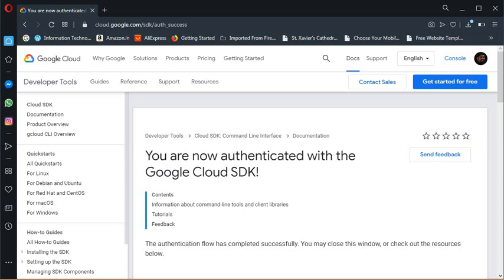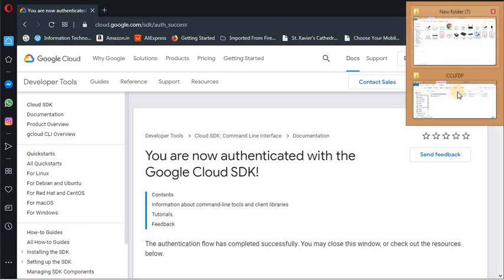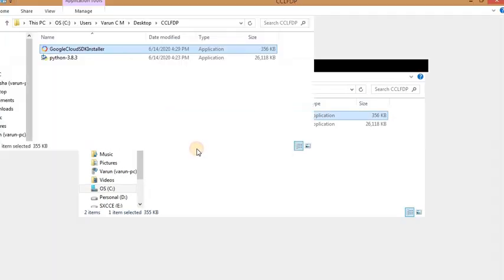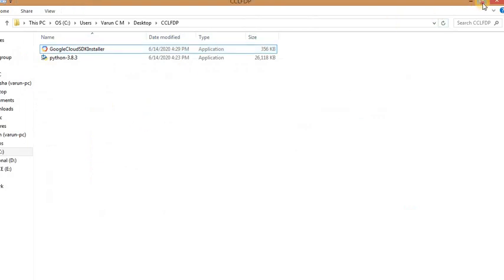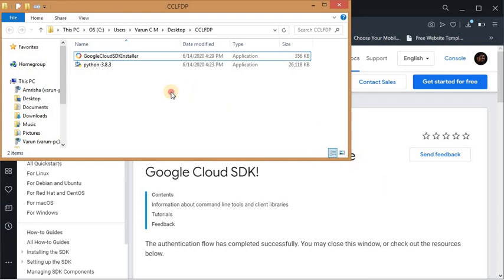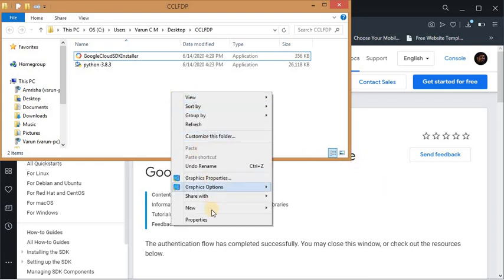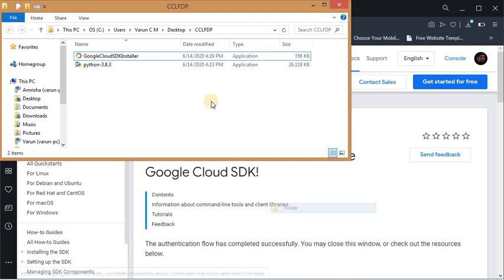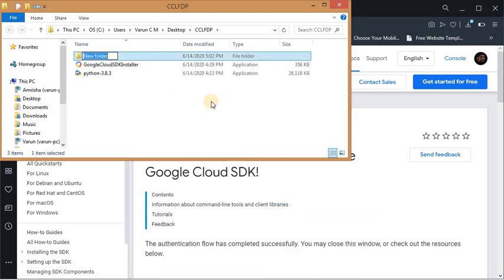We can try with a smaller application. For that, you can open a folder, and in that you just create one new folder. I am giving the name my sample project.